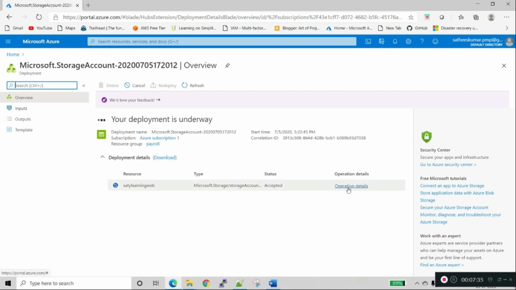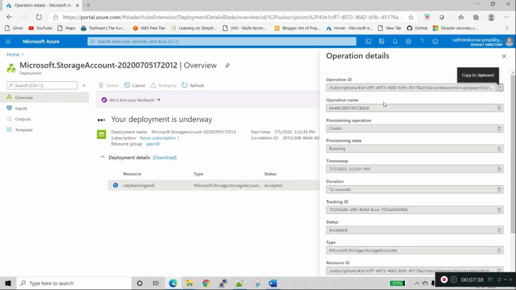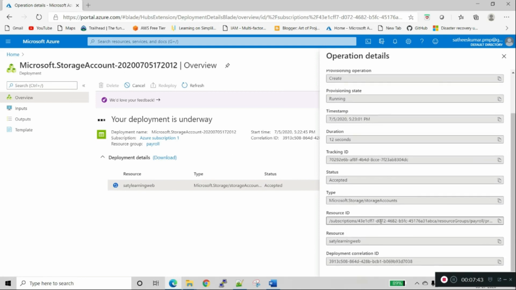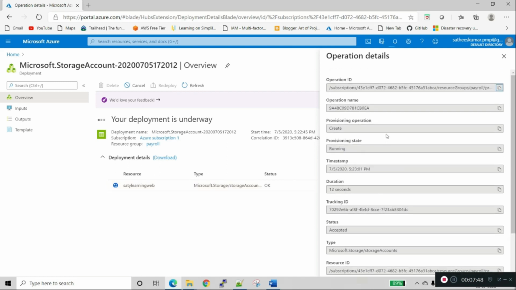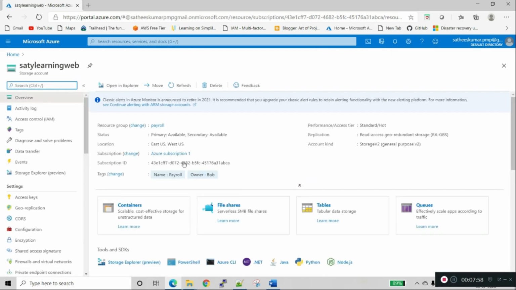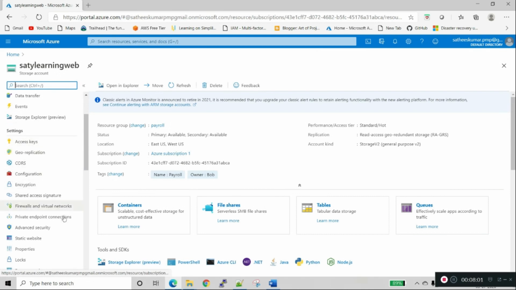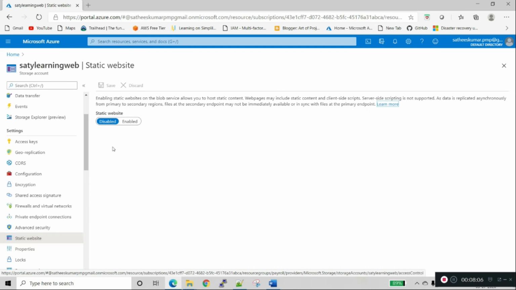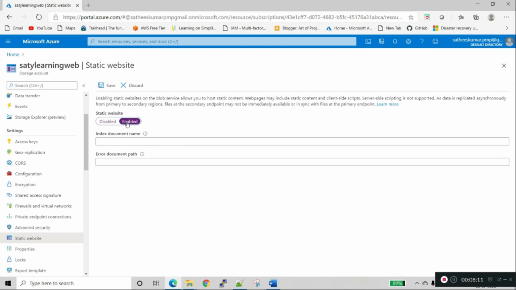We can see the operation details here. The status is accepted, so there will not be any error. Our deployment is completed, so we can go to the resource. Here we have a static website option in the menu bar, and by default it's disabled, so we will enable the static website.